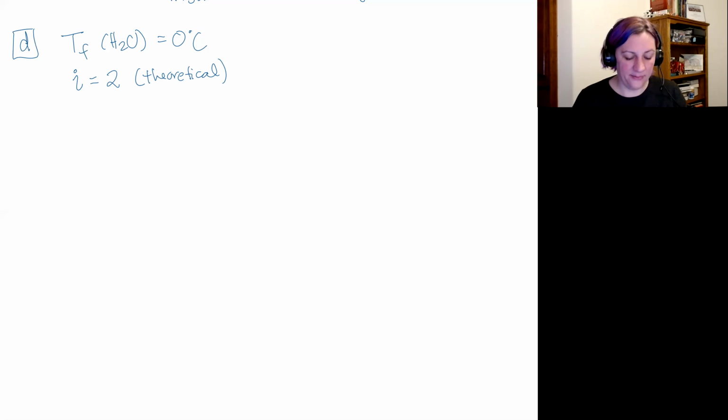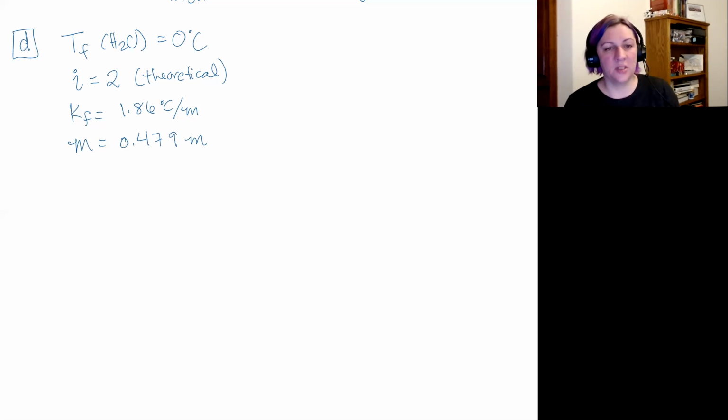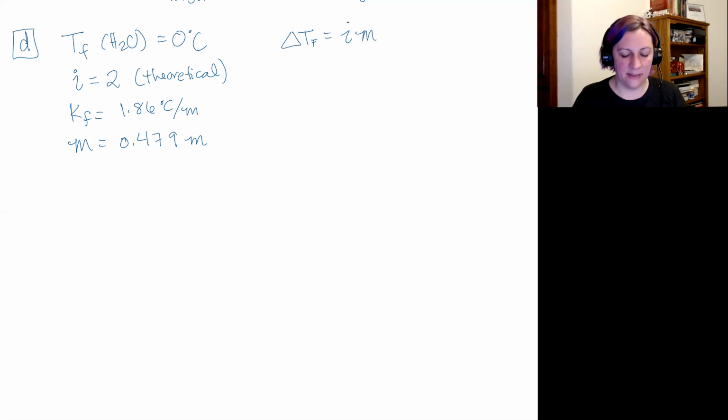So our Kf, this is a value that you would look up or that would be provided to you, is 1.86 degrees Celsius per molal. And the molality that we just calculated was 0.479. So much larger than 0.05. So I would expect that our van 't Hoff factor is less than 1.9 and definitely less than 2, but we'll stick with our theoretical. All right, so with this information, I can just plug into my equation. So that change in temperature for my freezing point is going to be equal to, let's write out the equation first, van 't Hoff factor times the molality times the Kf,